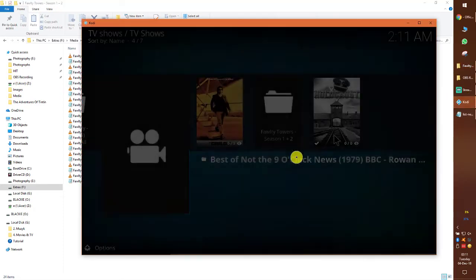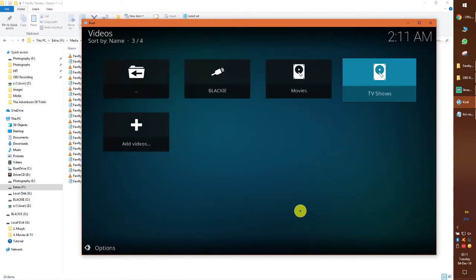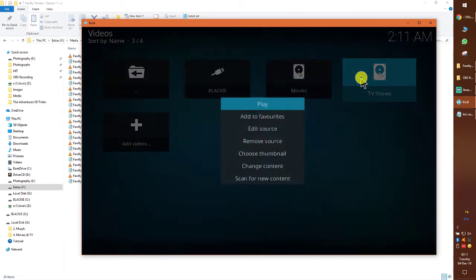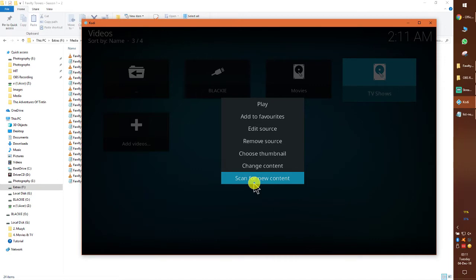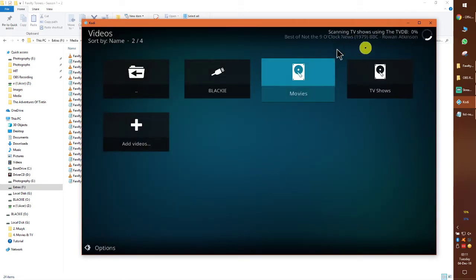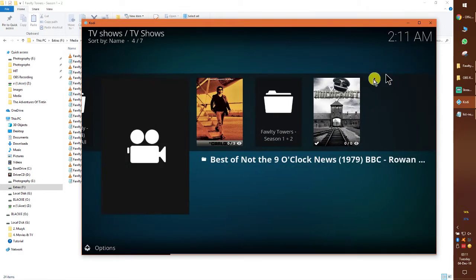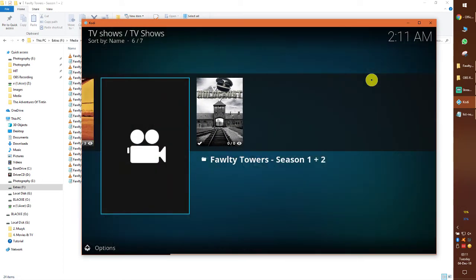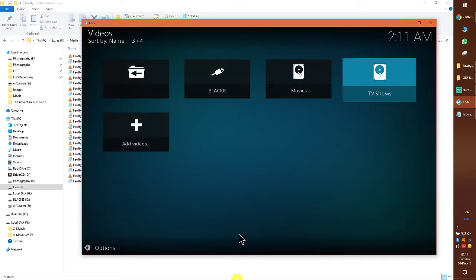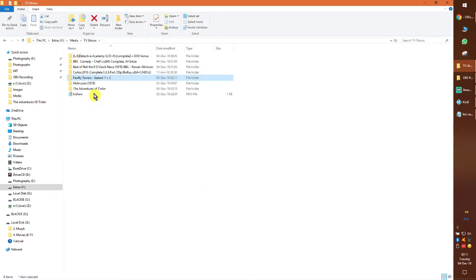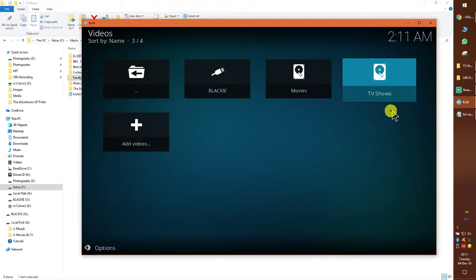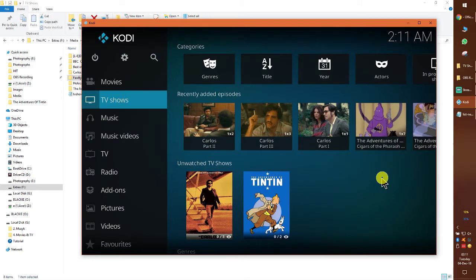Now in Kodi, click back, and on TV shows I will click on scan for new content, and as you see Faulty Towers will come, and there you go. It should be showing now correctly. Oh, it's not. Why is that? Because our top level folder is not correct, so I need to change this. Just Faulty Towers. And now if I go to TV shows,